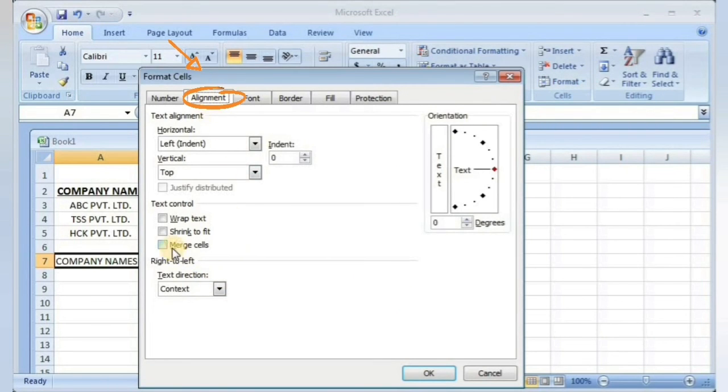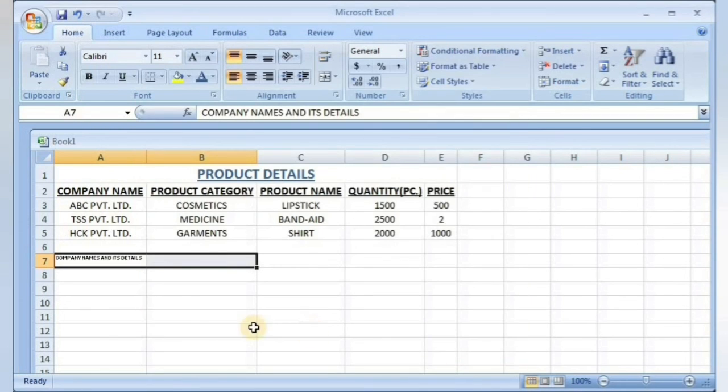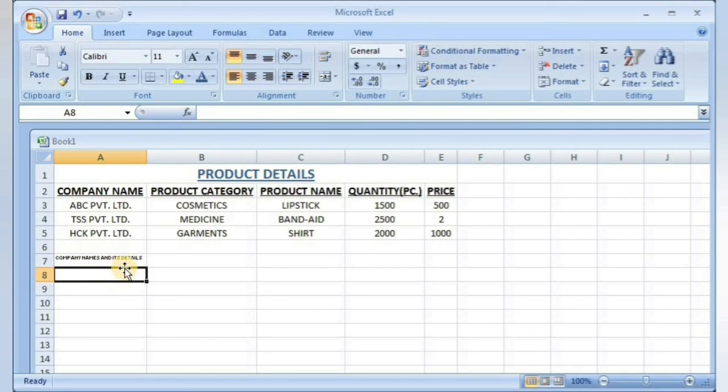Go to this alignment section and from there go to the shrink to fit option and click on it. You can see this tick over here and just click on OK from there. Now you can see it has diminished its size and it fits into the cell. In this way you can apply the shrink to fit option on any data.